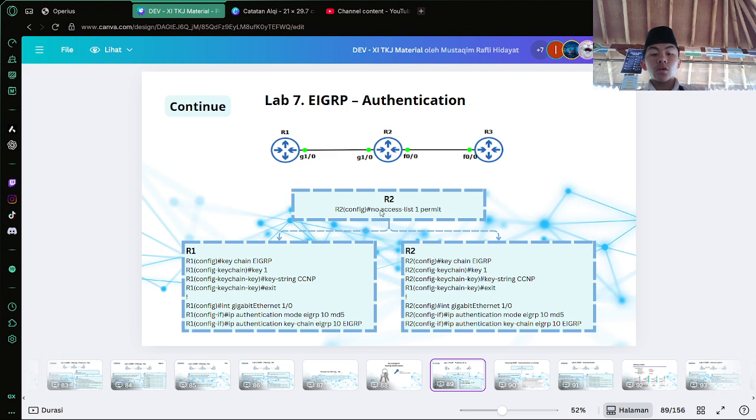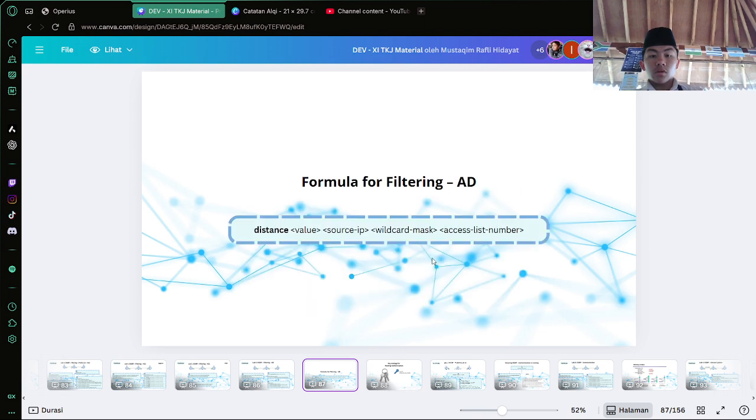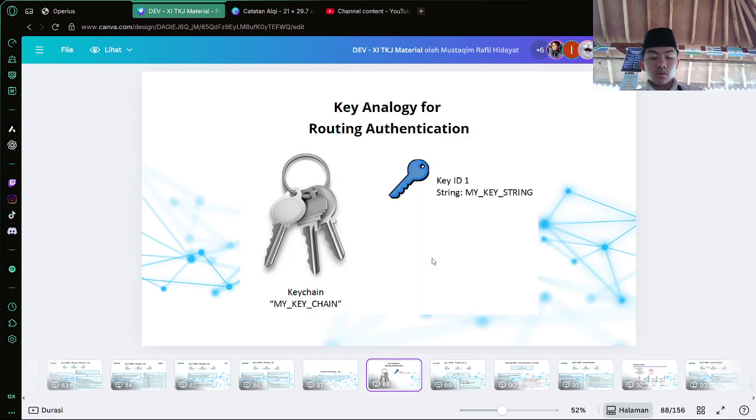Key analogy: the image uses an easy to understand analogy of a keychain. The keychain is like a physical keychain which can hold multiple keys.